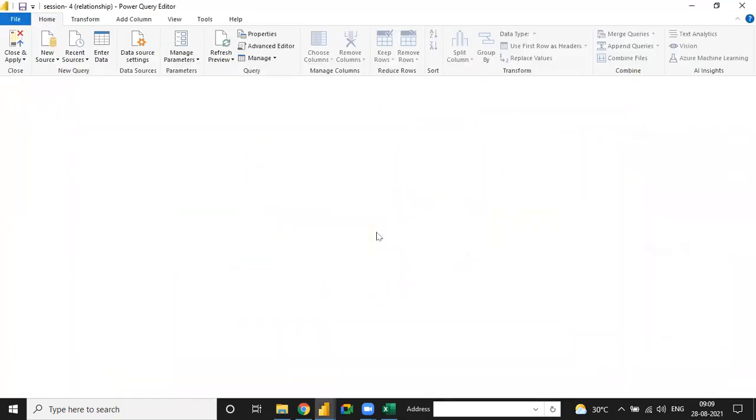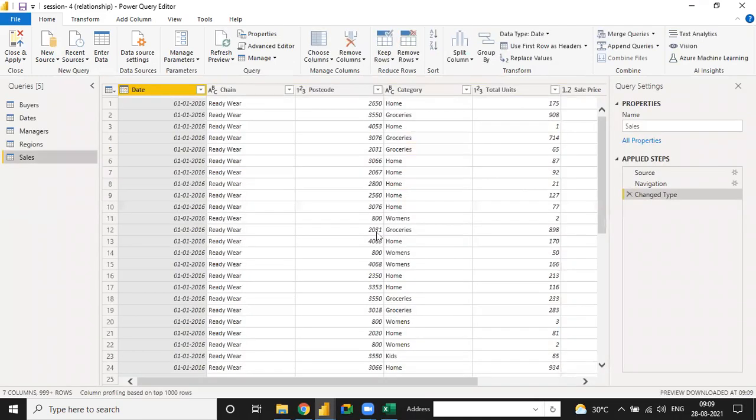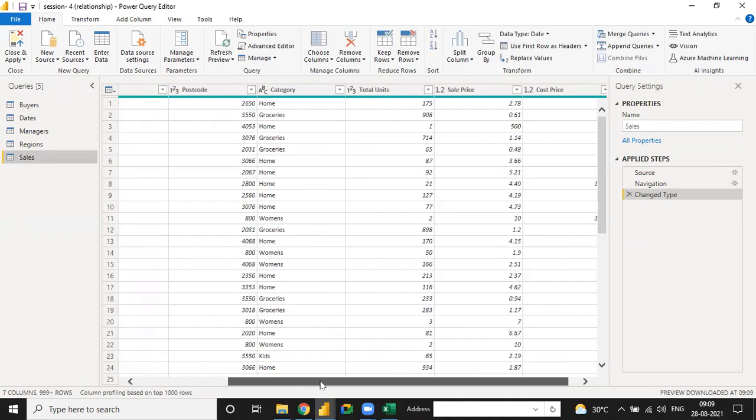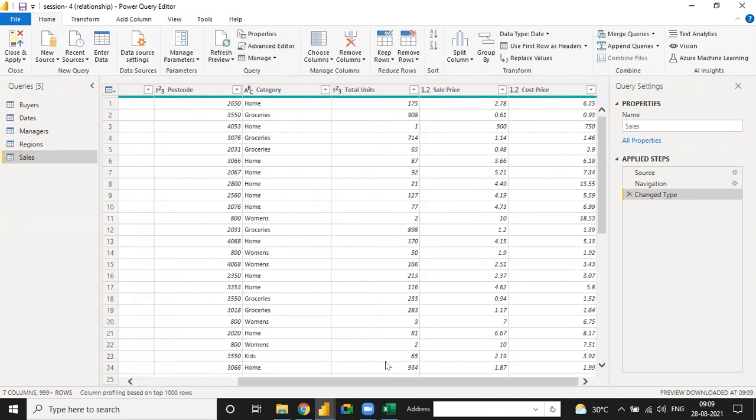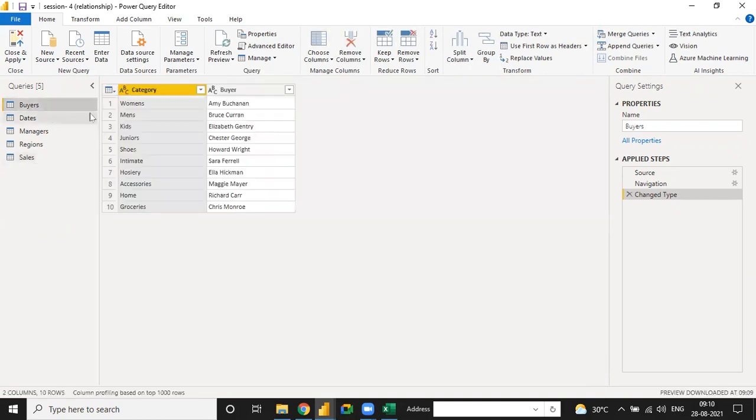Under which we are making some adjustments over columns and rows and functions. So these kinds of changes we do in the Power Query editor, and then we can prepare our reports on the basis of this editor. Okay, see, when we add the 5 tables, or 5 dim tables as well as the fact table, number one is the buyer table. The buyer table has a category, and you have to remember two things in every table.